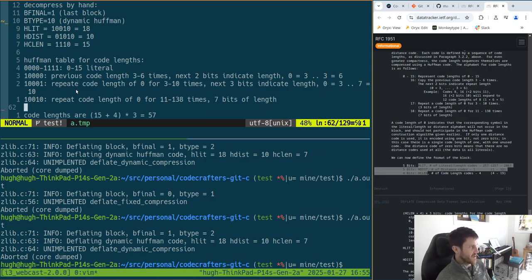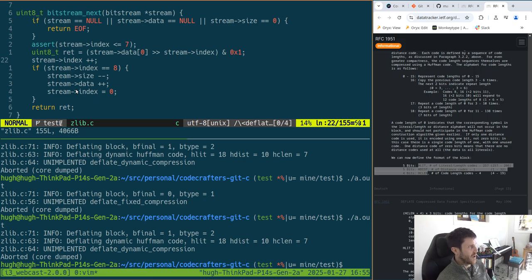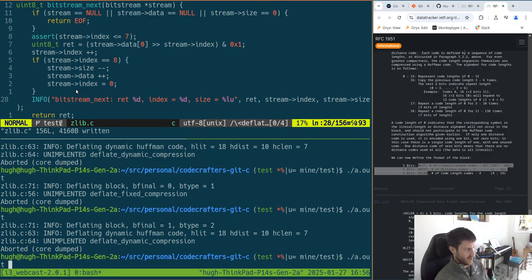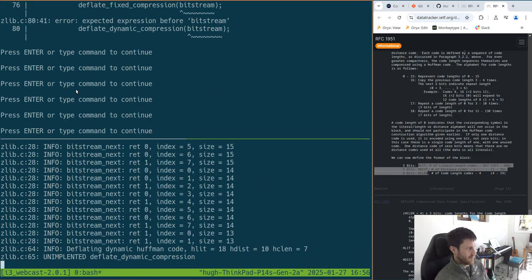I kind of want to see what bits are coming out. So in this, we can go infer bitstream next, and we are returning D. Our index equals that, and our size equals that, and I think we can get away with that, and then we can pass in our ret, we can pass in our index and pass in our size and see what's happening with that. Cool, so